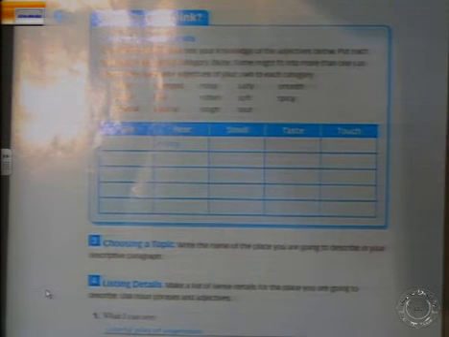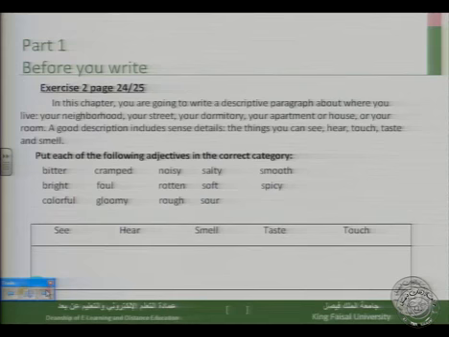Another adjective is sour. Sour is a sharp taste, like the taste of lemon and vinegar. Another adjective is smooth. Smooth means completely even, with no rough areas. And the last adjective is spicy. Spicy, having a strong, hot flavor. Those are our adjectives. In fact, because in this chapter you are going to write a descriptive paragraph about the